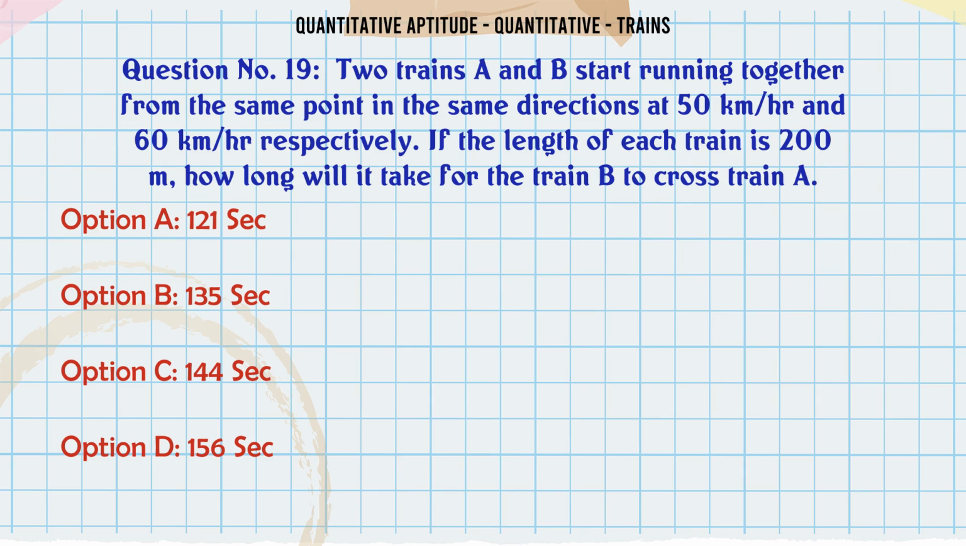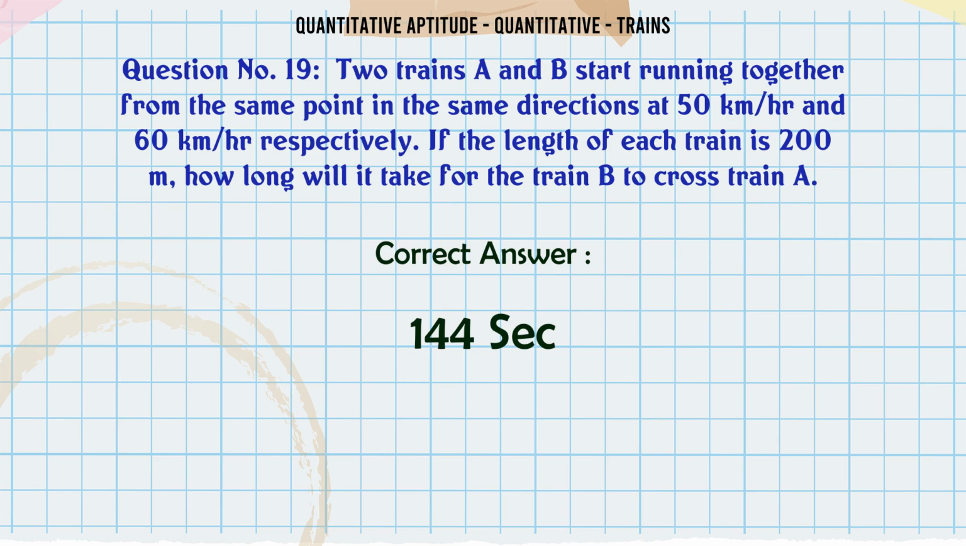Two trains A and B start running together from the same point in the same direction at 50 km/h and 60 km/h respectively. If the length of each train is 200 m, how long will it take for train B to cross train A? A 121 sec, B 135 sec, C 144 sec, D 156 sec. The correct answer is